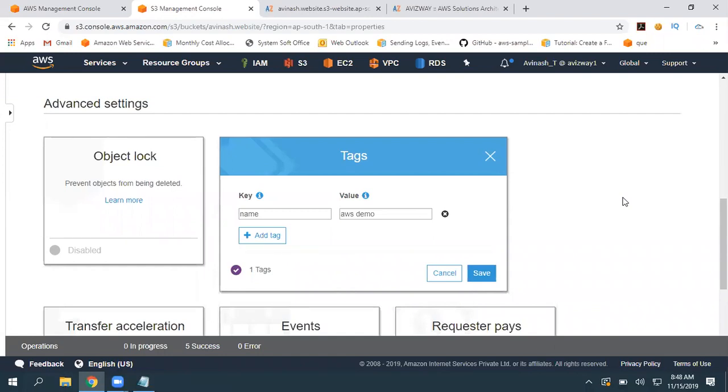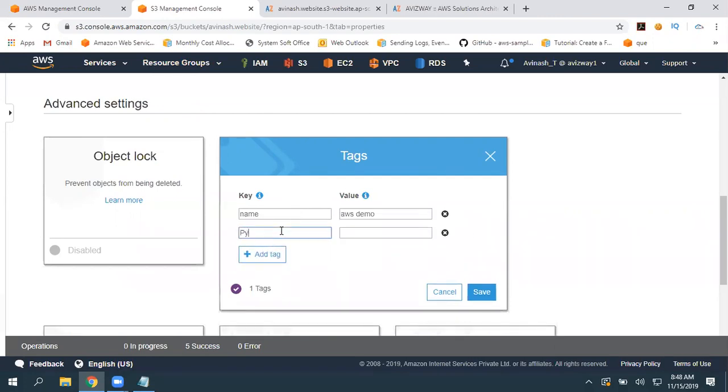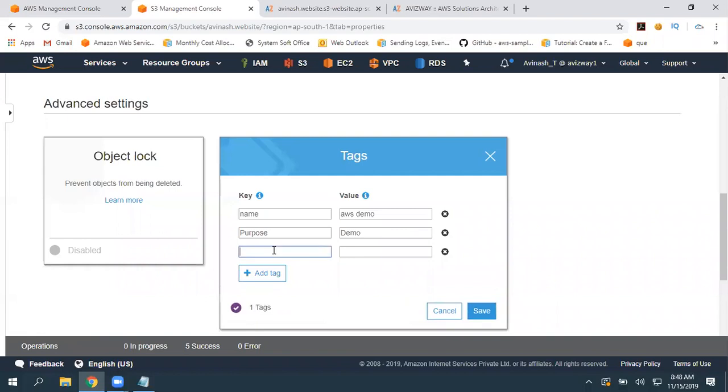The importance of these tags is, if you want to filter all the resources you are using for a particular project, you can use tags and get that information. For that, we have an option called resource groups and SSM. We will go into detail there, but I'll quickly show you that. So now I've given the name as AWS demo. Okay. I want to add another tag. For what purpose did you create this? Okay, for demo purposes, I created this. Who is the owner of this? Okay, Avinash is the owner. What department? All this information is nothing but metadata.